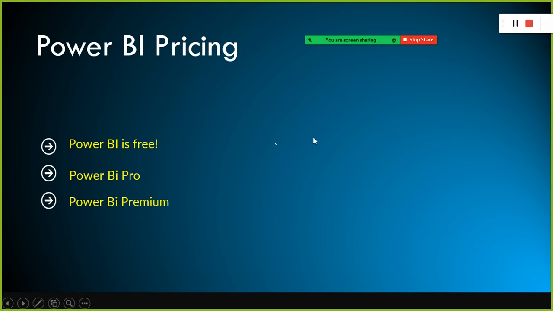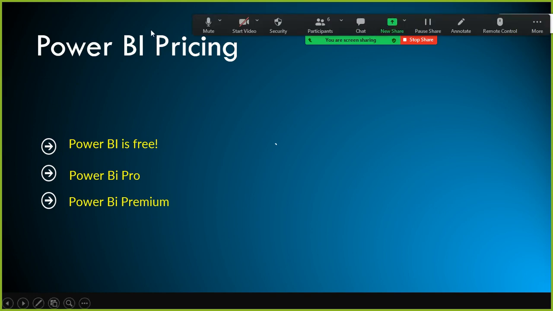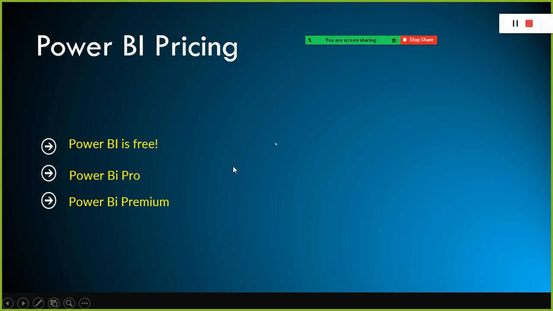Okay, so for learning purposes, we can use Power BI, right? If you have small reports, if you want to do it for a personal thing, you can, but not for business purposes. Whatever you do with Power BI, the same thing you can do with Power BI Pro also. But with Power BI Pro, you can share the reports and dashboards, everything. Okay, bulk sharing is also possible with this one.